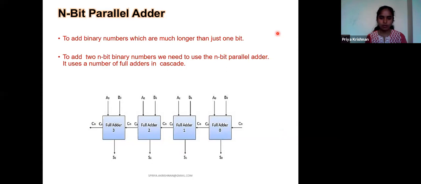Yes, if I connect one more full adder here, I can expand this to a 5-bit parallel adder. Similarly, however much you want to expand, you can increase the number of full adders on this side so that you can add more and more bits.